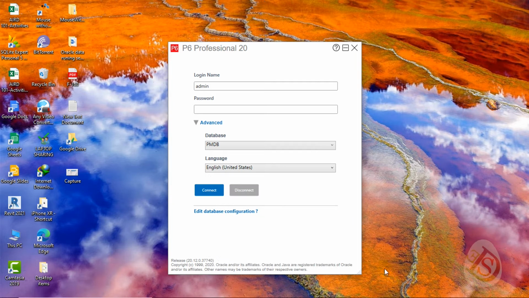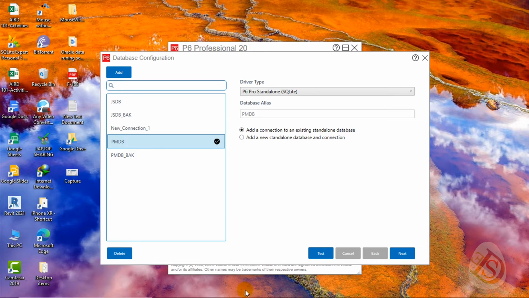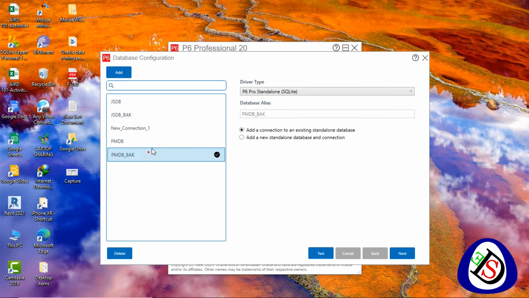Also, you can see the database configuration screen has changed. Here you can see the driver type. I have just put it on standalone because I am a single standalone user, but you can see it's a totally different interface. The database configuration phase is totally different from 19.12. That was the old interface from years ago. Now you can see all the databases here and select their driver type.